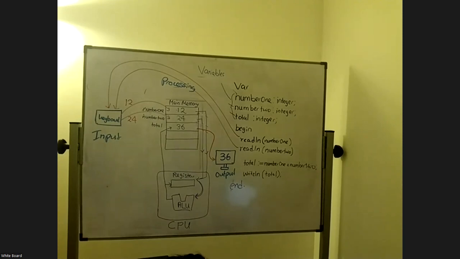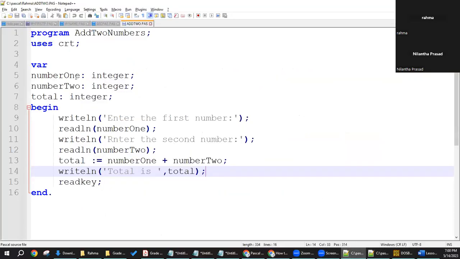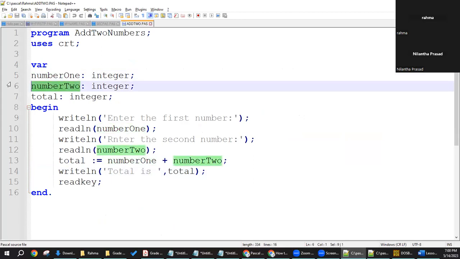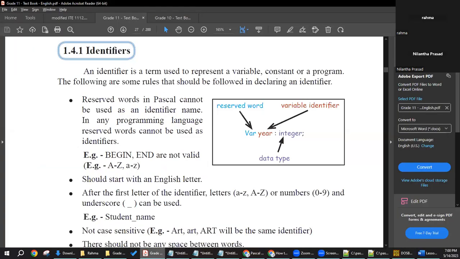So now we come to the different parts of practical programming. Now you saw a variable. These are all variables. This is a variable, this is a variable. And in our textbook, they give a special name to that as a variable